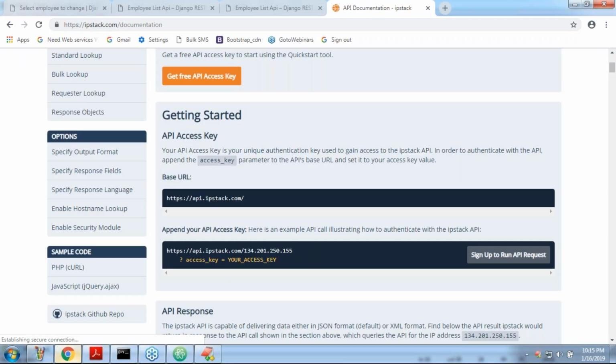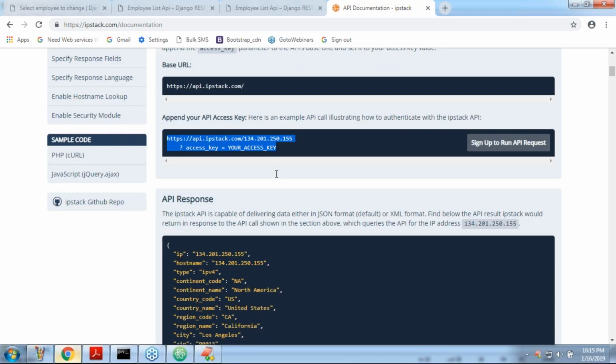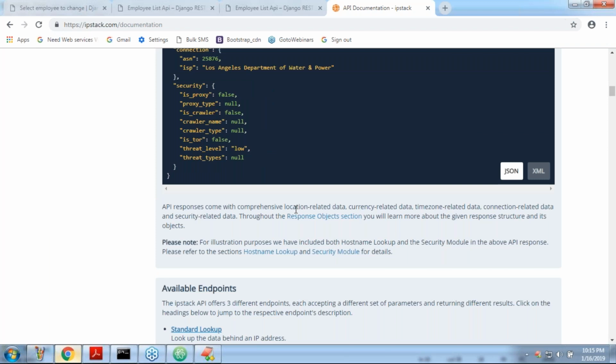Because internally that is how they validate the access key, with this parameter. They provide clear information. If you send it like this, this is the response you are going to get. So we are required to provide clear documentation about our API so that my partner application should not feel any difficulty to use it.